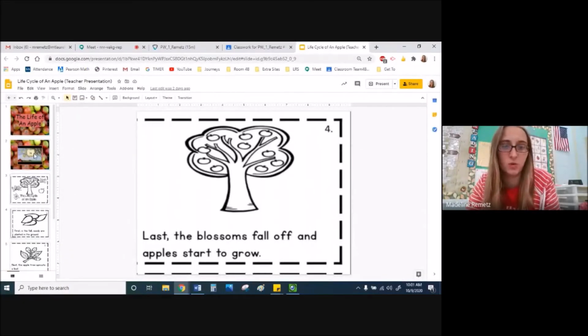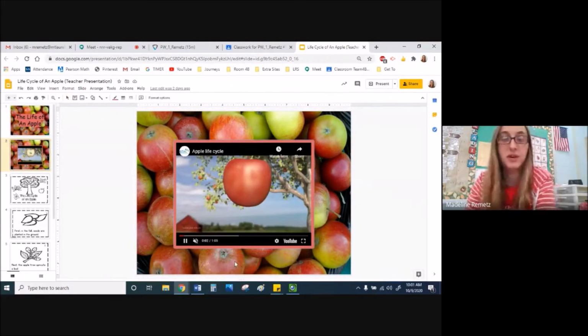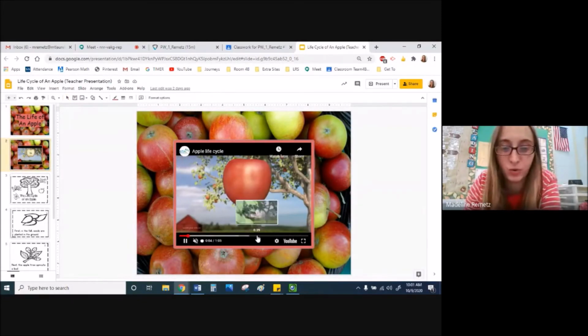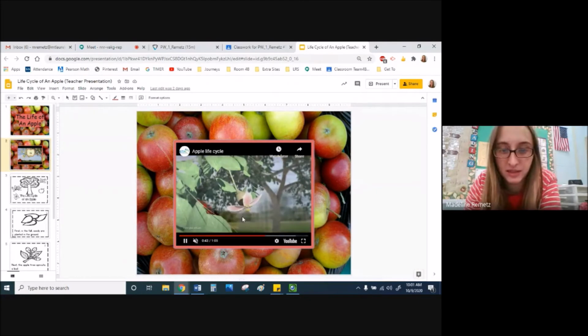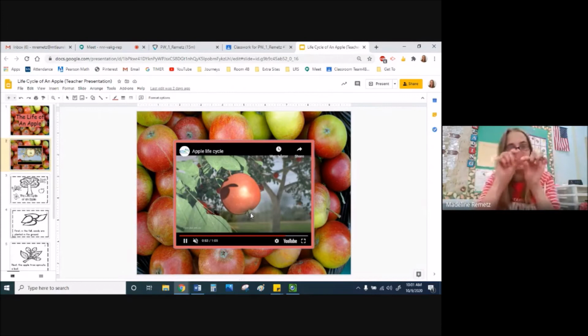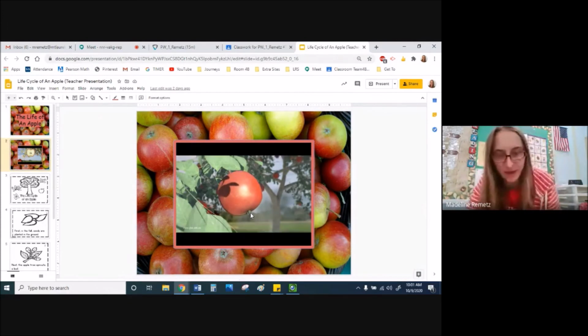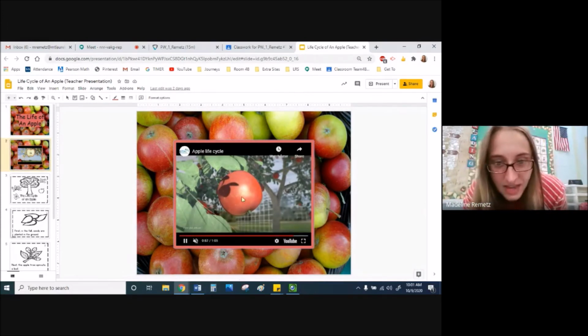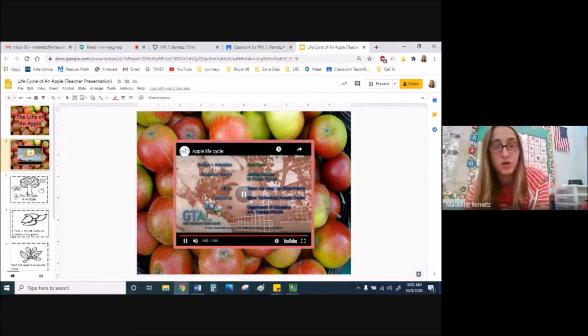Let's look at that video one more time. Here we go. So that apple has now grown, right? Here we can see that there's the flower, and you see how it's starting to trade places. The flower petals fall off, and it kind of becomes the little bottom of an apple that we all see. That kind of looks like it has little flowers at the bottom. See that? And eventually it has its stem here, and it might fall off onto the ground, or you might